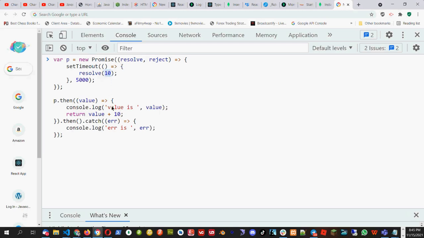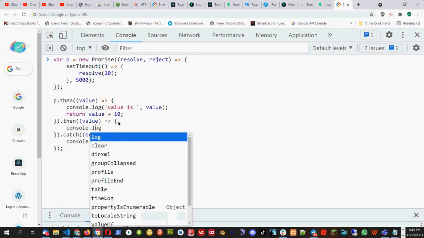Here I'm getting 10, but I'm returning 10 plus 10. So when I do console.log here, I will also get a value because I'm calling dot then again,